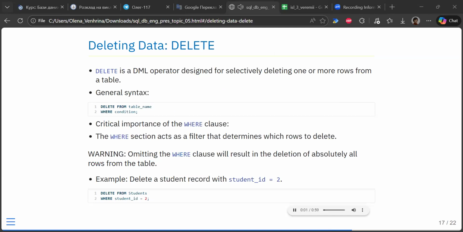Let's move on to the last key DML operation, deletion. For this, two commands exist: delete and truncate. They have a similar purpose but fundamentally different operating mechanisms. Let's start with delete. This operator is used for targeted deletion of one or more rows that meet the condition